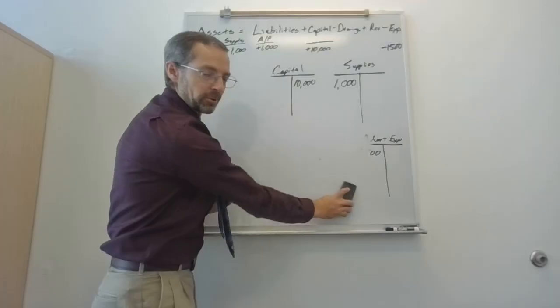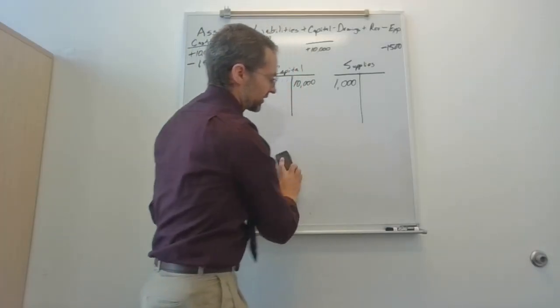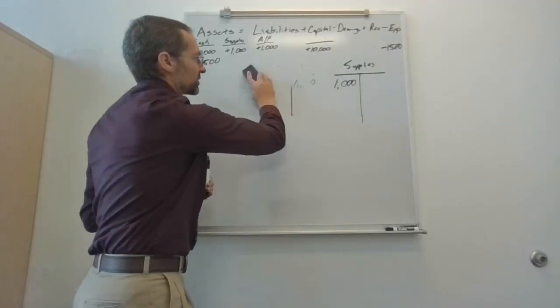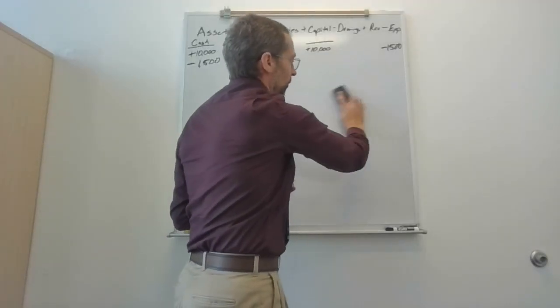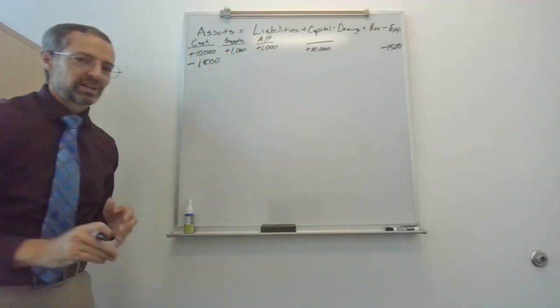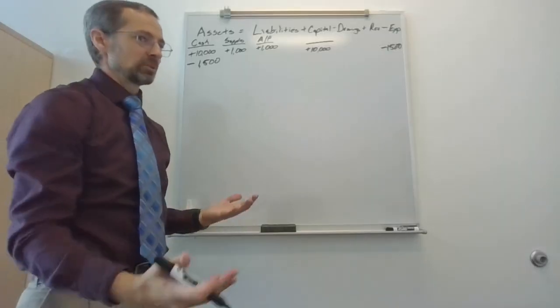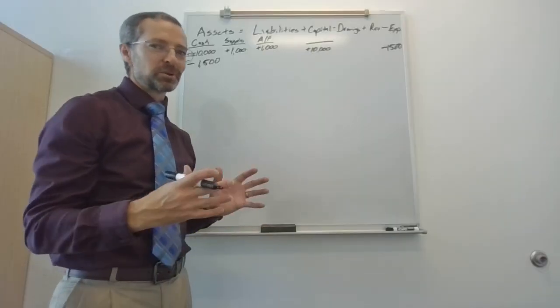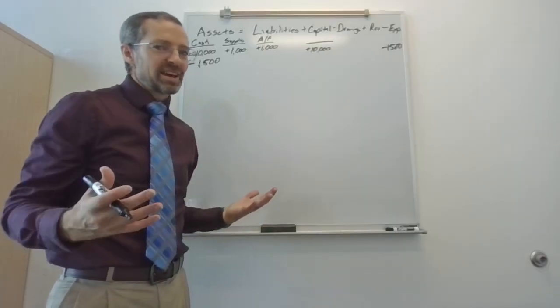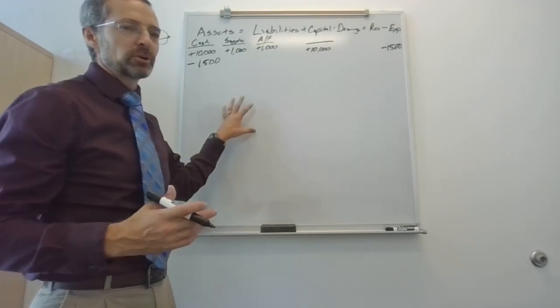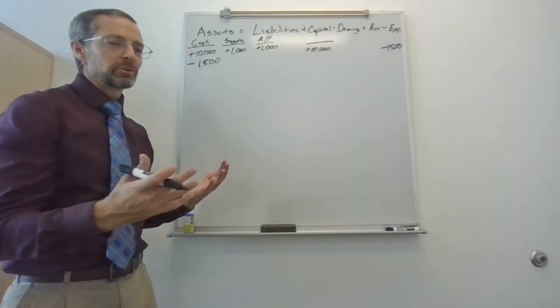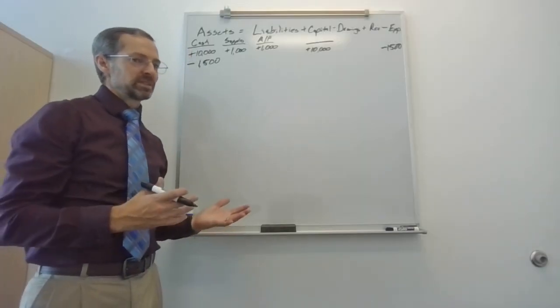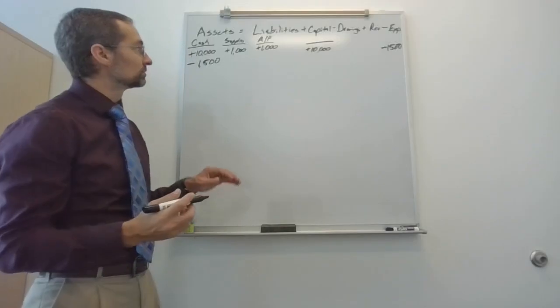I have said before that accounting is not about math, and it's really not. We don't have a whole lot of math happening in accounting. It's a little bit of adding and subtracting, and that's mostly what we do. There's some multiplying and some dividing, but mostly adding and subtracting. And that's all we're going to look at right now. But I'm going to show you the mathematical reasoning behind debits and credits.